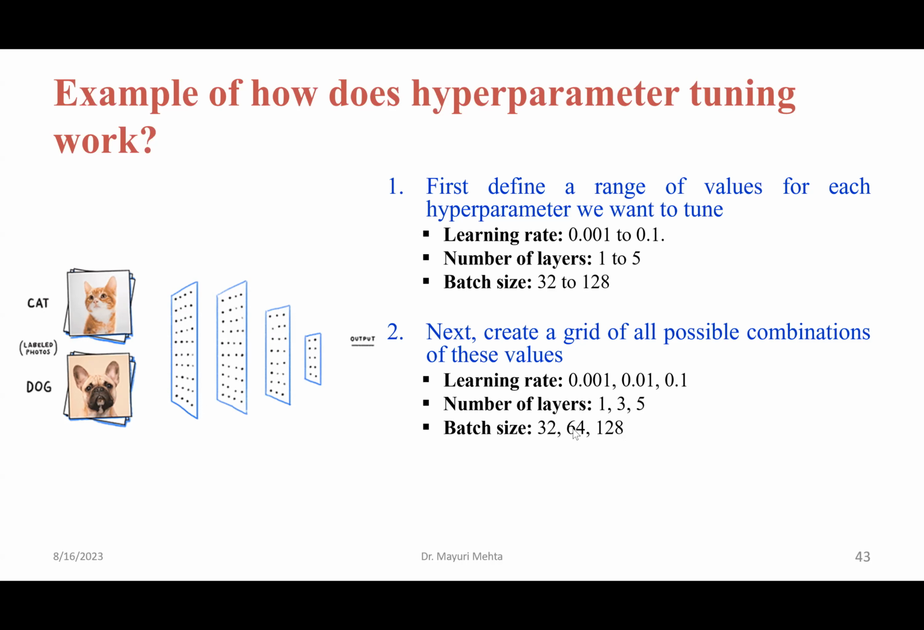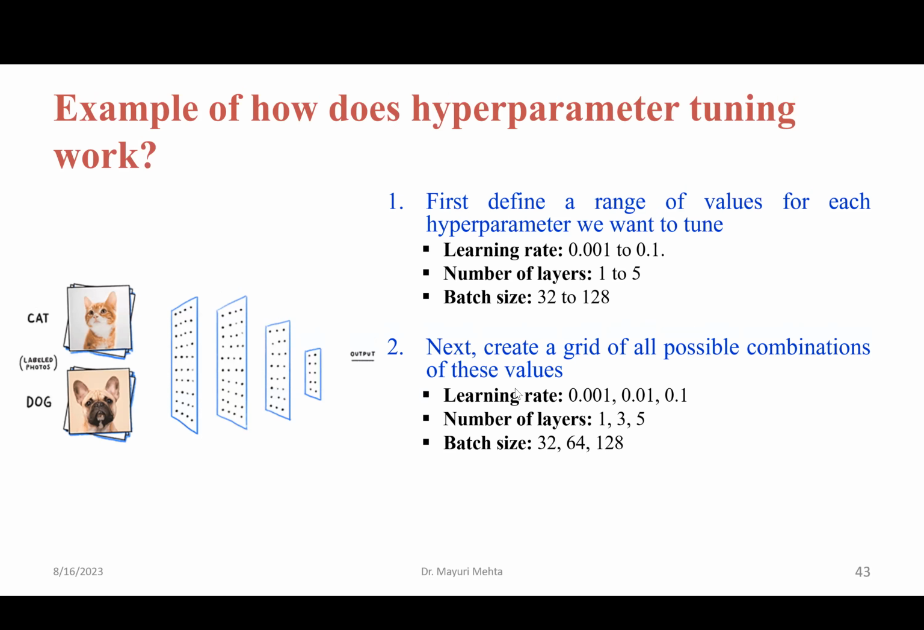Later you can try this in a notebook. Total 27 combinations would be there. So how do we tune these parameters? First, define a range for each of the parameters you want to tune. Second, create a grid of all possible combinations of these values. The third step: the grid will have all the possible combinations, now train the neural network for each combination, evaluate the model